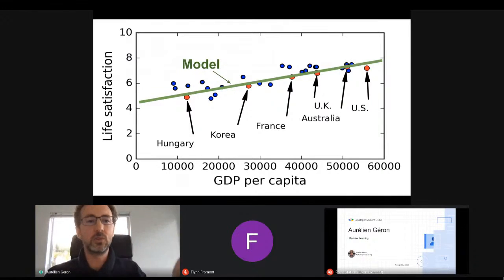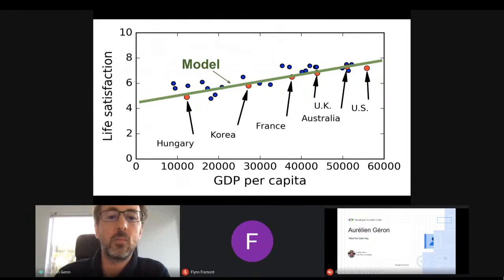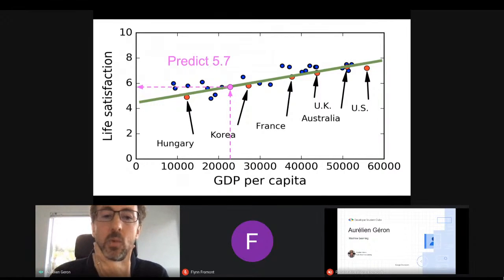And very often you use clues from all sorts of other information you might have gotten, other than the raw data that we have here, to decide whether you think it's reasonable to model the data in a linear fashion. Once you've done that, once you have your model, well, you can make all sorts of predictions. For Cyprus, you would go ahead and look at what point you get at $22,000, and you predict that the happiness is 5.7 in this case.